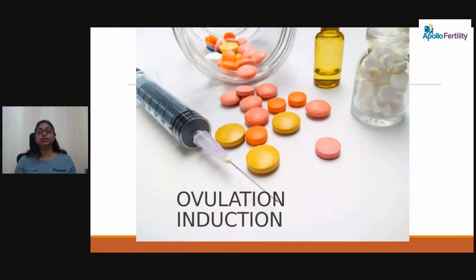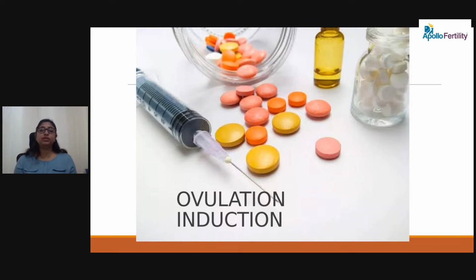And when your doctor is offering you ovulation induction, they might also offer you some scans to look at whether the medicine is working or not. If we do the scans to see the eggs are growing, that is called follicular monitoring. And when the eggs have grown to an appropriate size, then the injections are given, which also simulate the hormone secreted from the brain, so that the eggs get released. So this releases the egg. This is called ovulation induction.